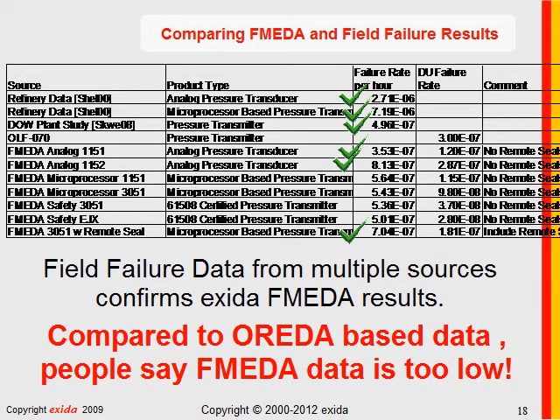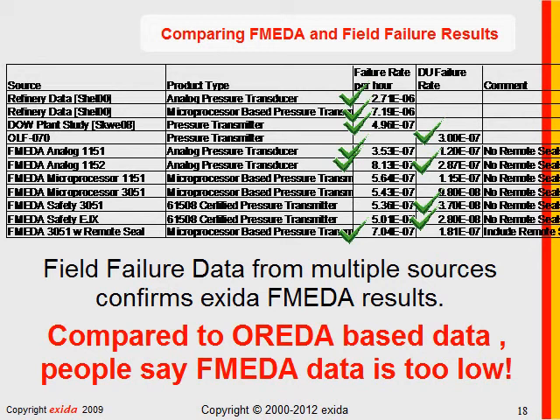Now, these numbers don't look too bad. One number looks particularly high compared to FMEDAs. Well, it's not too far off. The OLF 070, which is based on OREDA failure rate data from the North Sea, has a dangerous undetected failure rate very similar to FMEDA results, at least for analog transmitters, the older designs. But for newer designs, especially the safety certified designs, the DU failure rate is much higher.